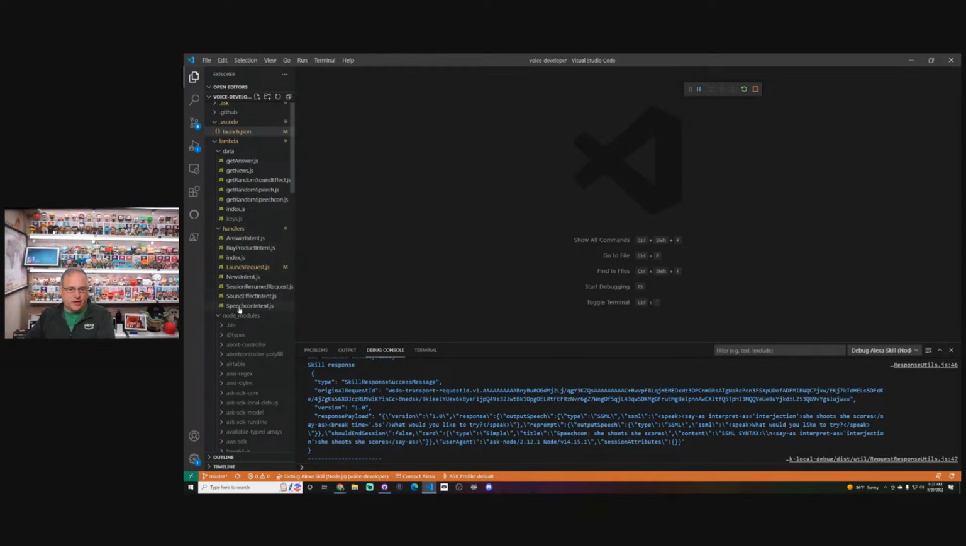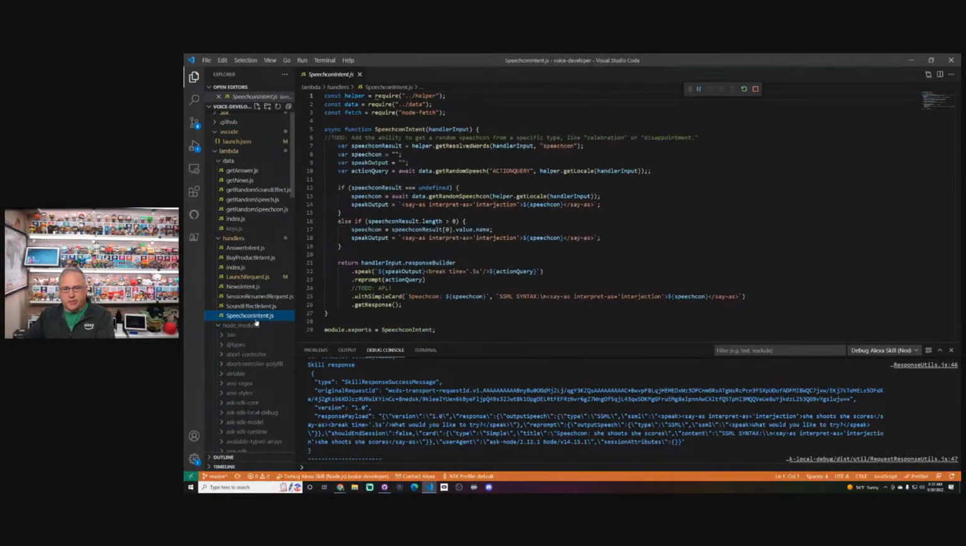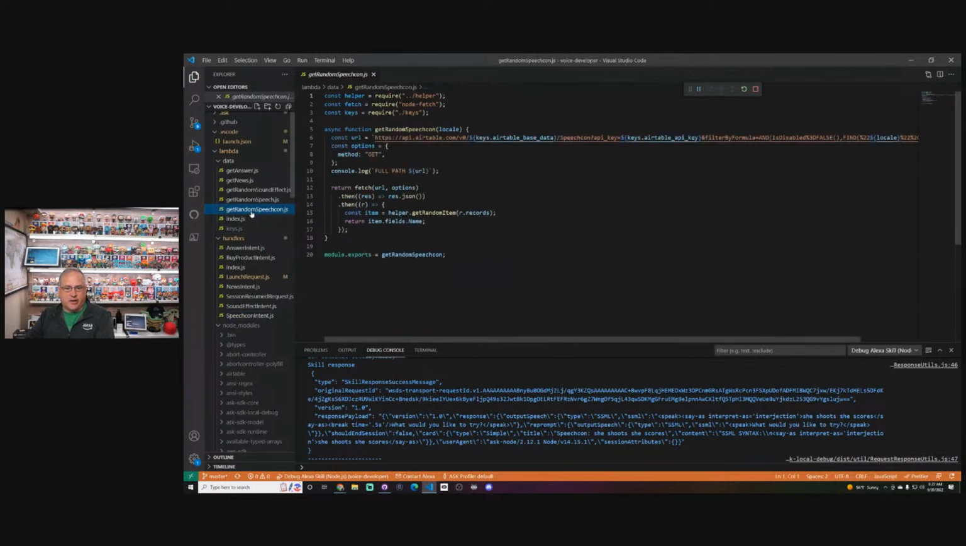So if we go to my sound effect, let's use the speech con. You can see that right here, I say, hey, go get me an action query. And I say, I want an action query type. This is basically just string matching. And then here, I built myself a little function, but what I'm doing is passing in the locale. So when I look at get random speech con, this is the